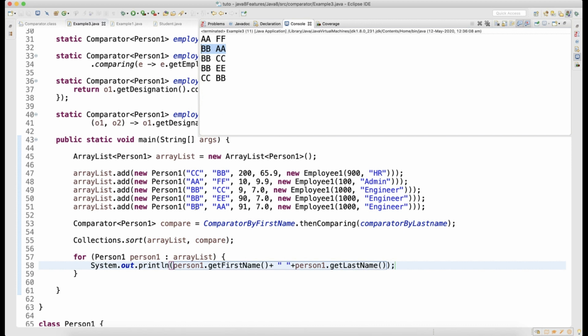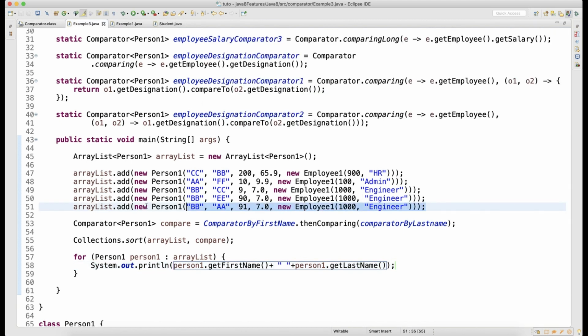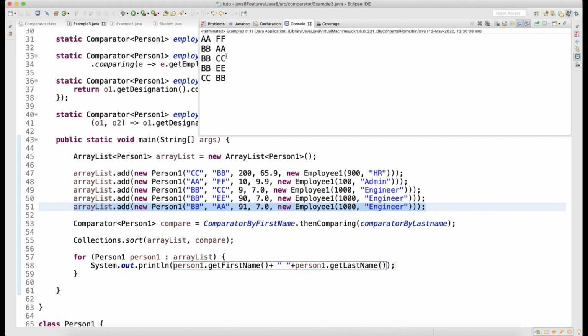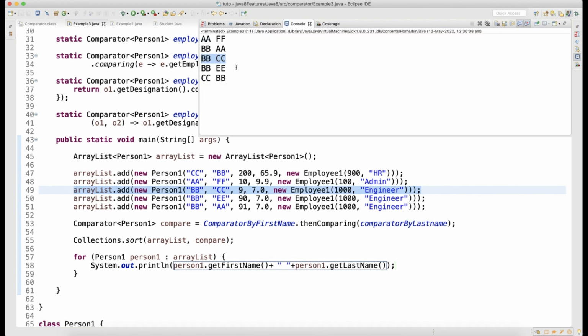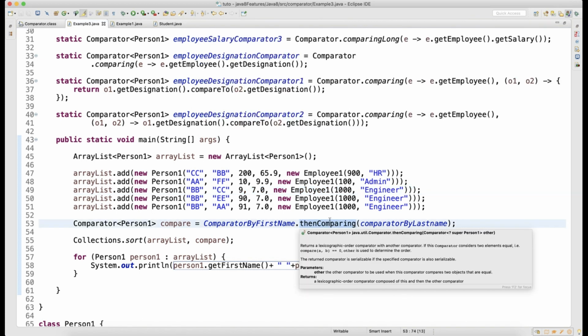First the record BBAA came after AAFF, then BBCC came, because here you have two sorts, one on first name and one on last name. Then BBEE came and then CCBB. That's how you can combine more than one comparator by using the thenComparing method.